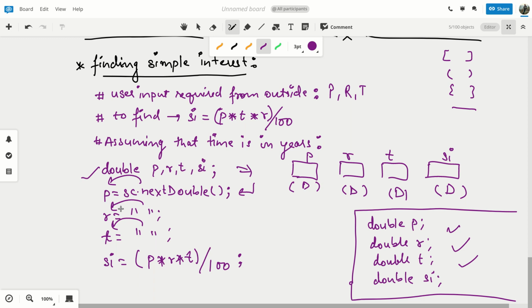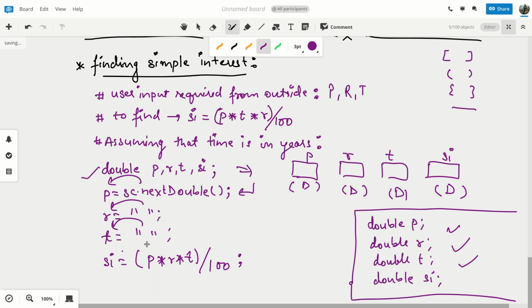First the value of P will be replaced from the memory location or the variable P. The value of variable R will be fetched and replaced here. The value of variable T will be fetched and replaced here. Once the values have been fetched and replaced, the value of this bracket will be calculated. Whatever is the result of this grouped in bracket, that single result will be divided by 100. Then one single result will be found, and that one single result will go inside SI.